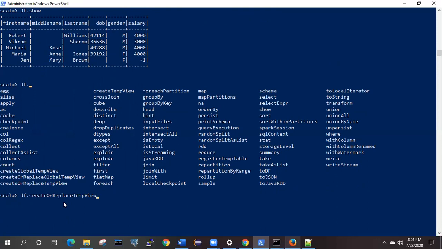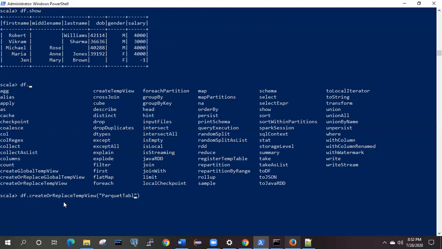Once you select this, you need to give a name here. You can give any name, there is no need for a specific name, but for understanding we are giving a name like parquet table.